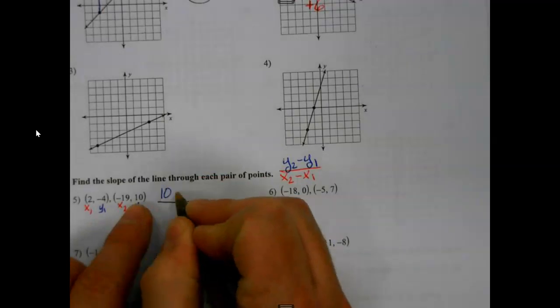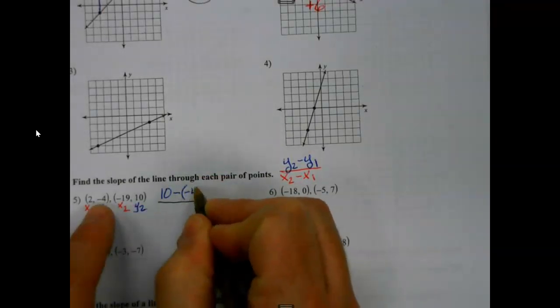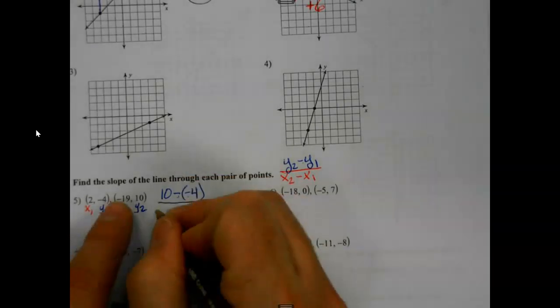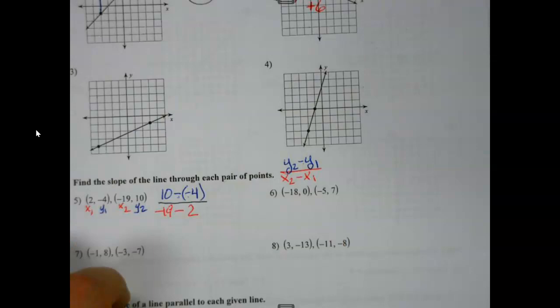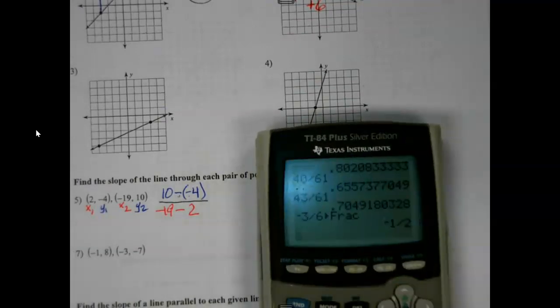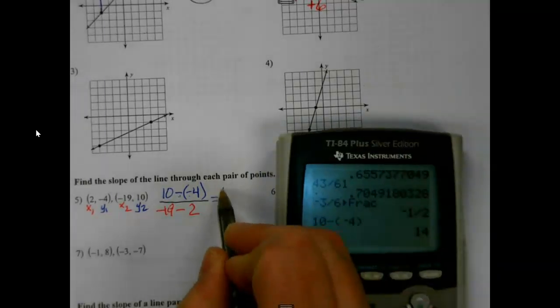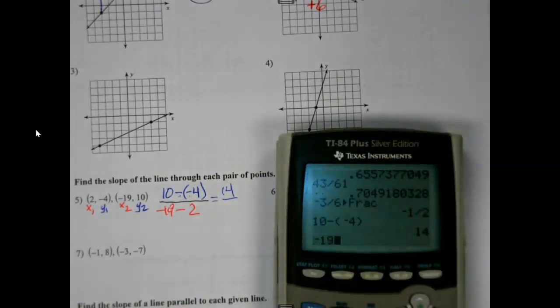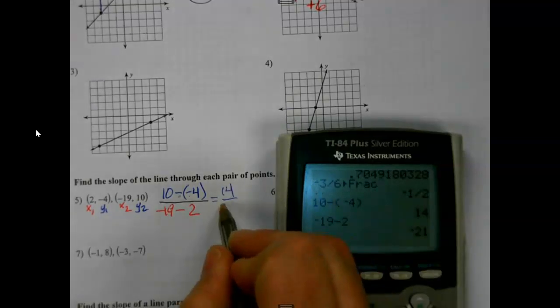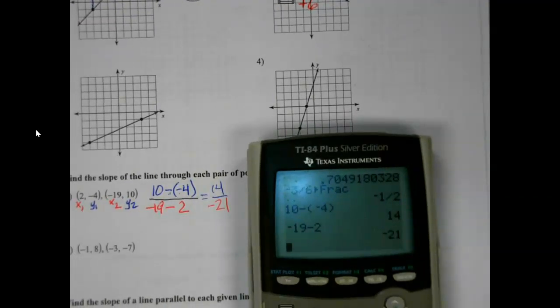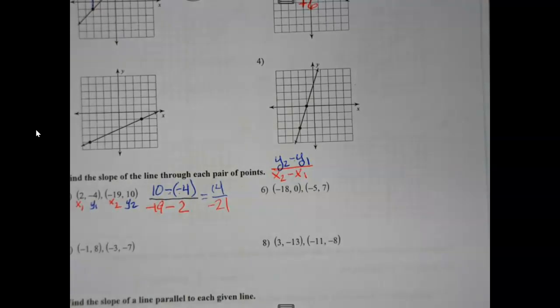so y2 minus y1, and yes, the minus is part of the equation, the negative is part of my 4. And then x2 minus x1. Sometimes you forget that minus and negative makes it plus, so it never hurts to put it in the calculator, which will help remind us. If I owe my friend $19 and I borrow 2 more, I've borrowed 21. And since it's a fraction, since it's not a whole number, math, enter, enter, tells us that negative 2/3